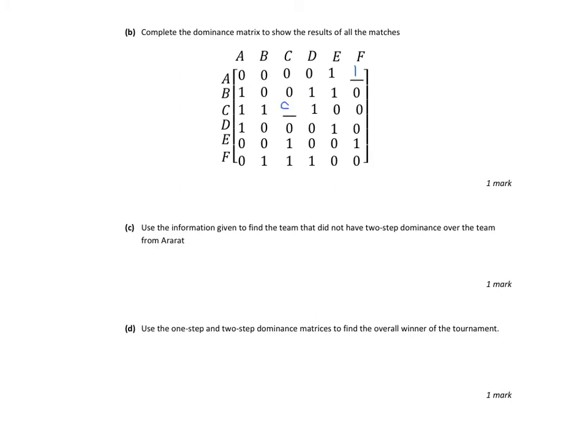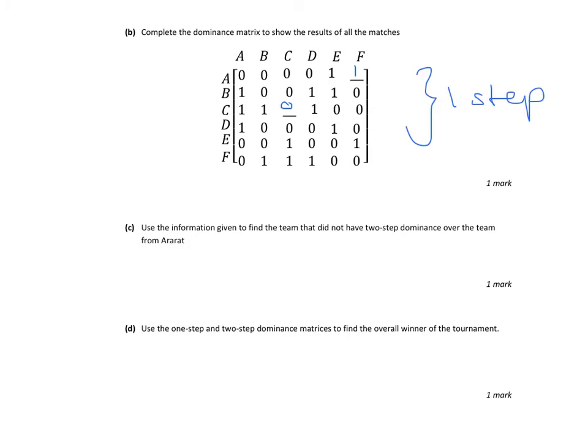So we'll just enter those values in there, our 1 and our 0. Part C: use the information given to find the team that did not have a 2-step dominance over the team from Ararat. Okay, so you've got the option here of entering this 1-step dominance graph, so this is our 1 step up the top here, into your calculator and finding our 2-step by doing our 1